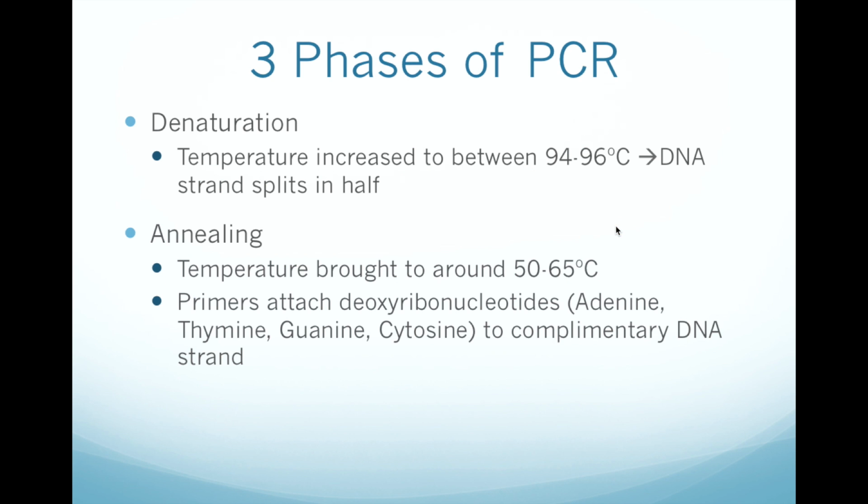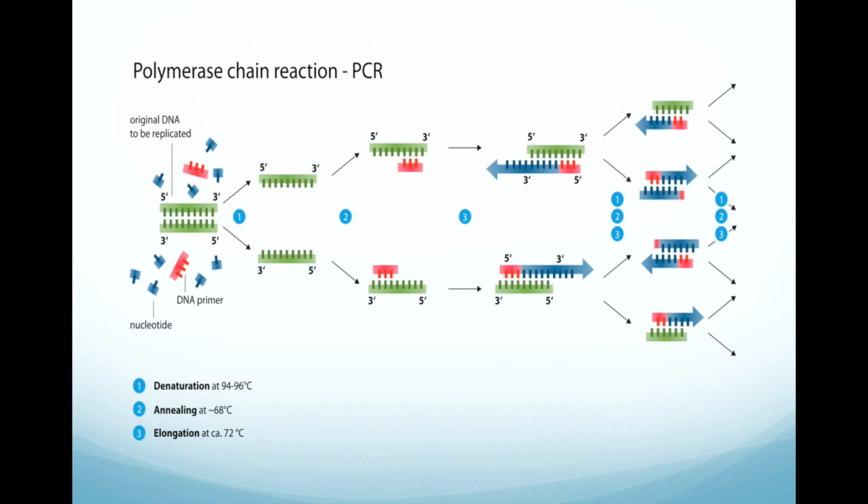The next step in the process is known as annealing. The temperature of the DNA is brought down to 50 to 65 degrees Celsius. This is optimal for primers, or short nucleic acid-based sequences, to bind to the complementary denatured strand of DNA. So this would be step 2,